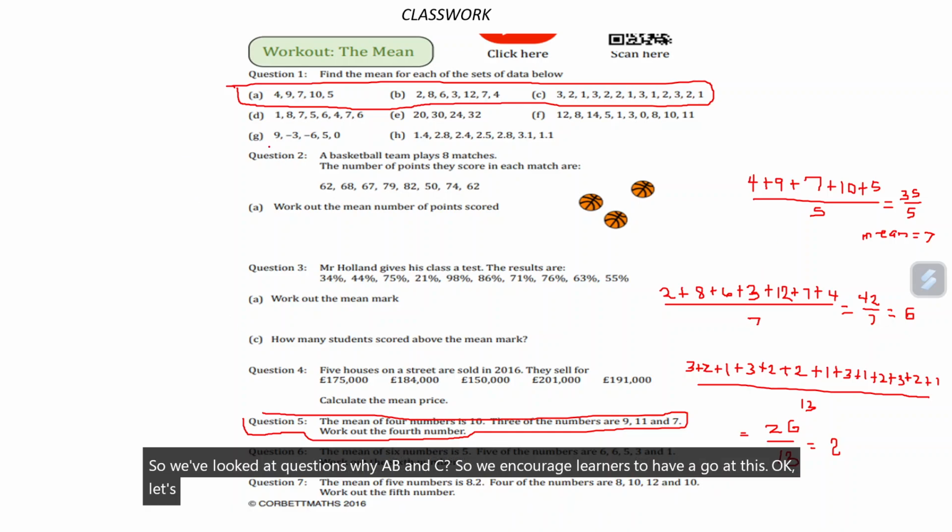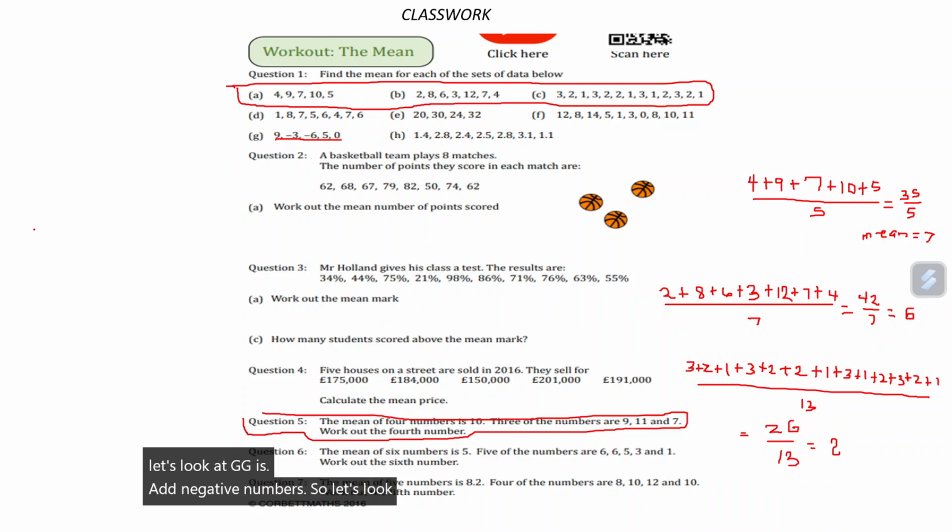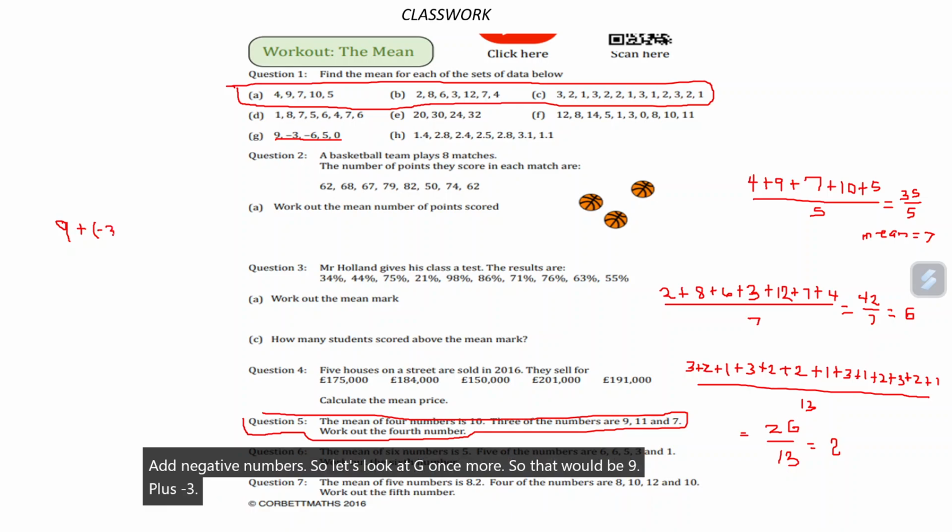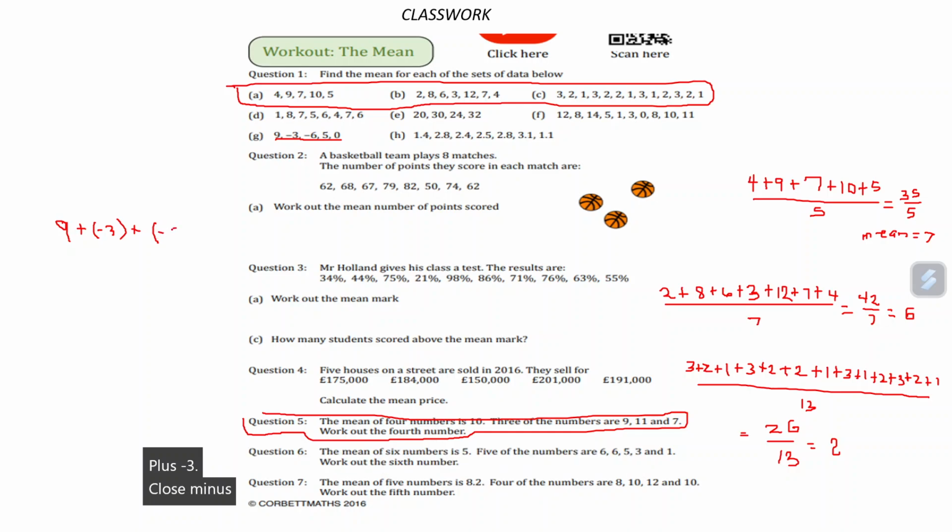Okay, let's look at G. G has negative numbers. So let's look at G once more. So that will be 9 plus minus 3 plus minus 6 plus 5 plus 0